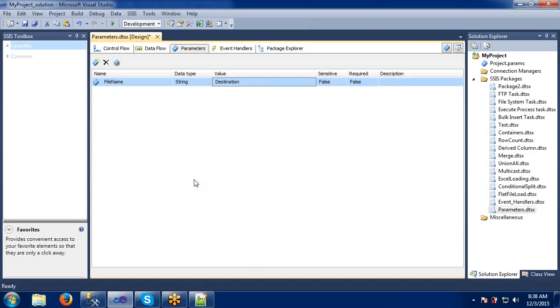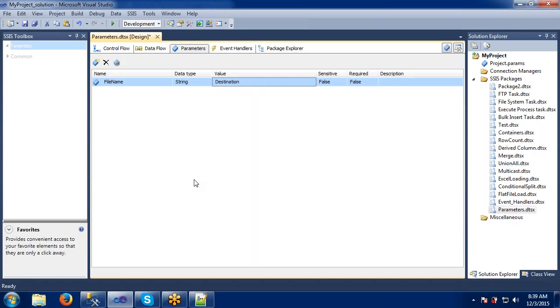Let's say my development is done, now I have to send it to the testing environment. In previous versions there was a very big problem while doing this deployment, we had some difficulties, but in 2012 this task is very simple because of this parameter concept, we are able to do it in a very simple way.